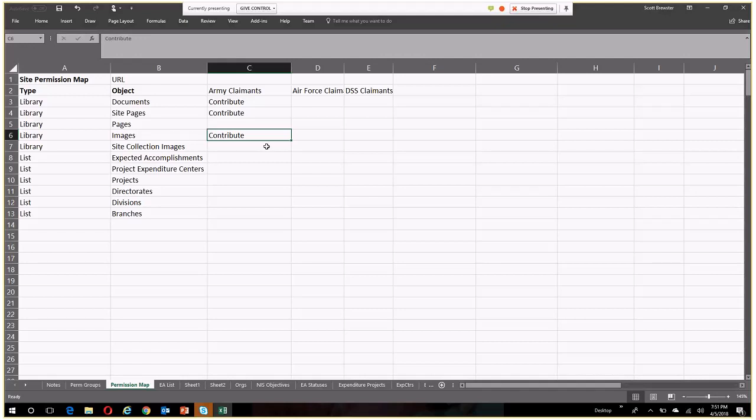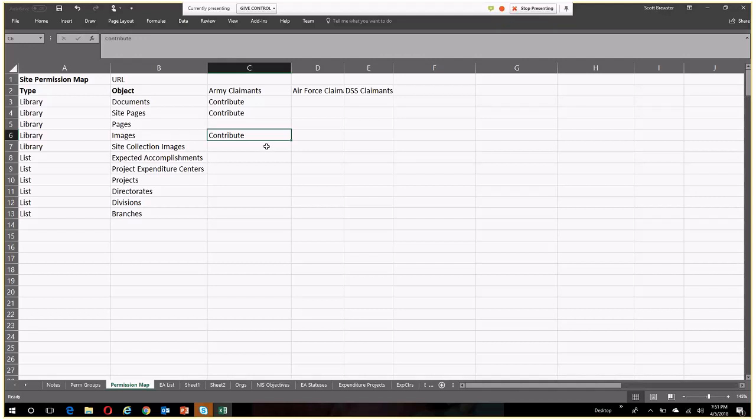Okay? So you give the permissions at the site level, and then you trim away from all the lists and libraries where they're not supposed to have access. That's how you're supposed to do that. Trim the fat. Don't go straight to the list or library and add the group. Add it to the site, and then trim away where it's not supposed to have access. How do you do that with